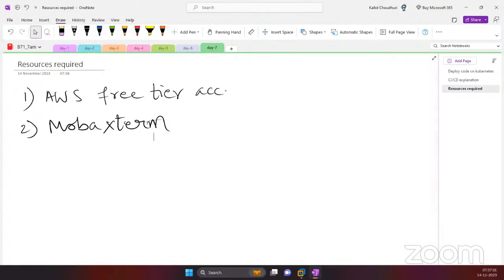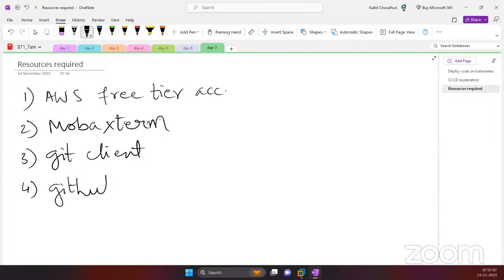And next, let me write it down first, and then one by one I will show you how to install it. Obviously, you will require a Git client. And if you are using a Git client, obviously you will need a GitHub account. Git and GitHub are different things, okay? They are not the same thing. Git is the actual software. GitHub is just a platform